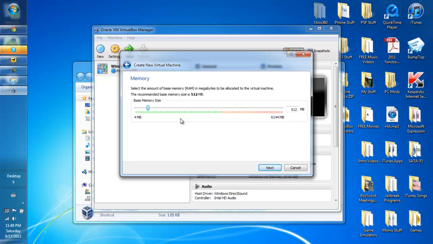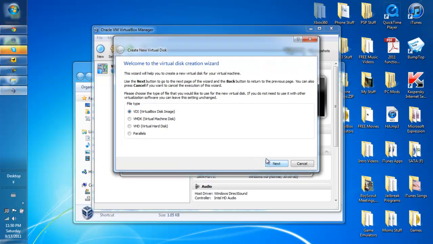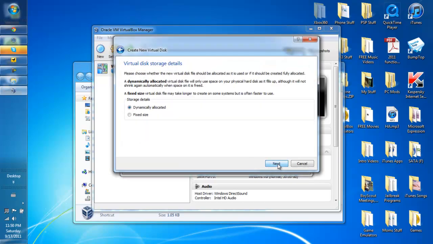RAM for backgrounding and everything for processes. So you want to make this, once you get into this red zone, it starts really filling up, and this pink zone, they don't want you to do that. So I have 6144, so I did mine, and you can edit this over here too. I did 2000, and I put it there, and I hit next, and you're going to just hit next again, then you're going to hit next again, and then fixed size,